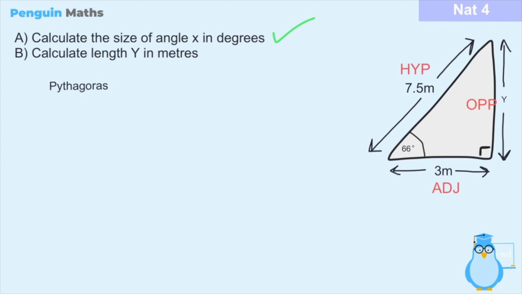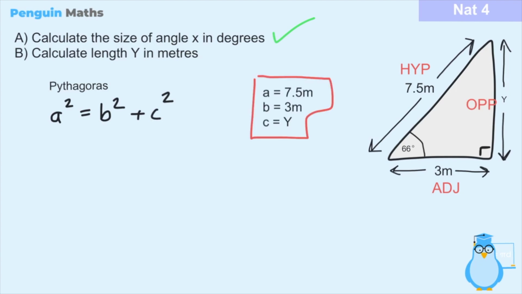We know that for Pythagoras' theorem for a right angled triangle, we can say that a squared is equal to b squared plus c squared, with a being the hypotenuse and b and c being the other two sides. And from our diagram we know that the hypotenuse is 7.5 and b and c are the other two sides, so we can just say b is equal to this one, 3 metres, and c is equal to y. So let's write that out. We can say that 7.5 squared is equal to 3 squared